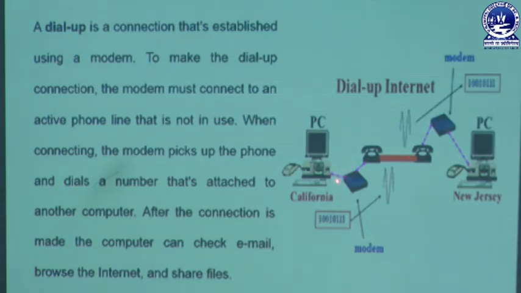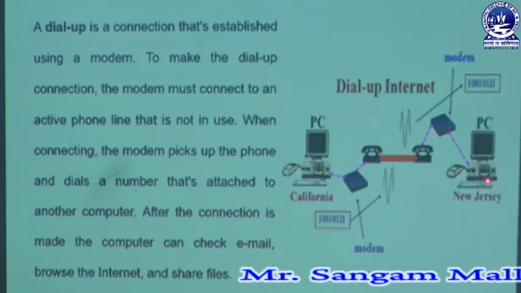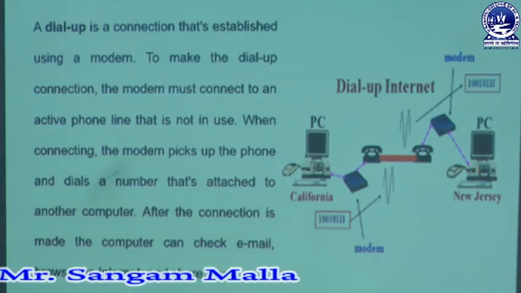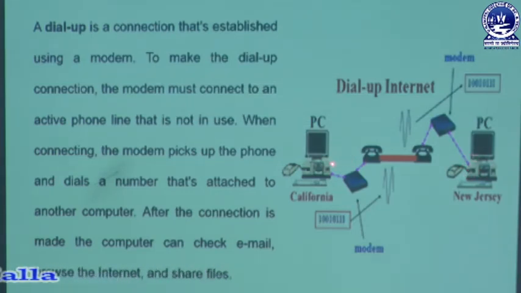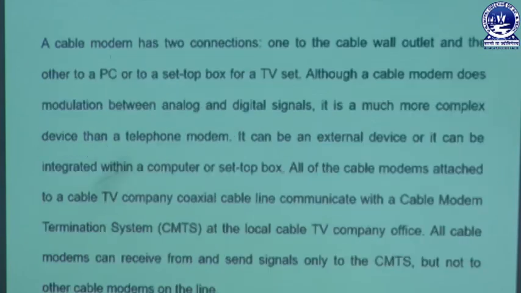So in case of dial-up modem, this is the modem which is connected to the telephone line, and then the telephone gets connected to another telephone through the transmission media, and this telephone again sends the signal to the modem, that is your dial-up modem, and then the dial-up modem sends the information or the data to the system. So in this way the data is sent from one location to another location through a dial-up modem and using the telephone lines. So you can see the telephone lines are being used while transmitting the signal from one location to another location. So this is all about your dial-up modem.